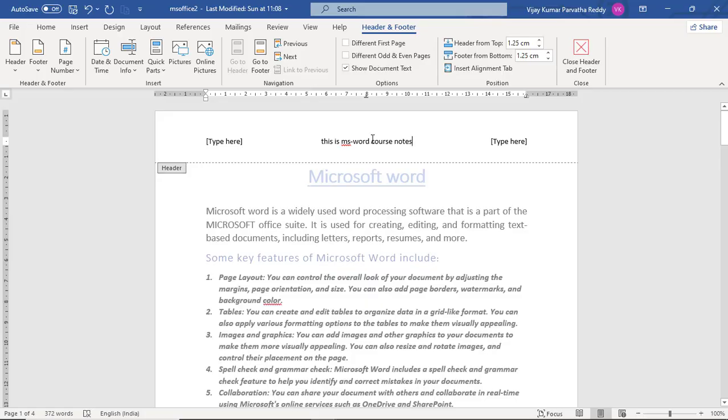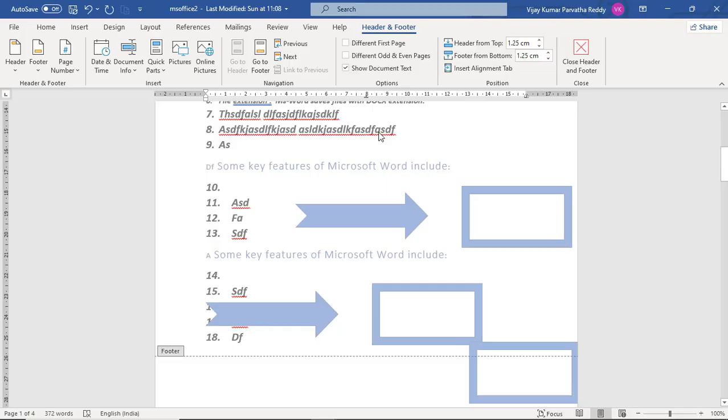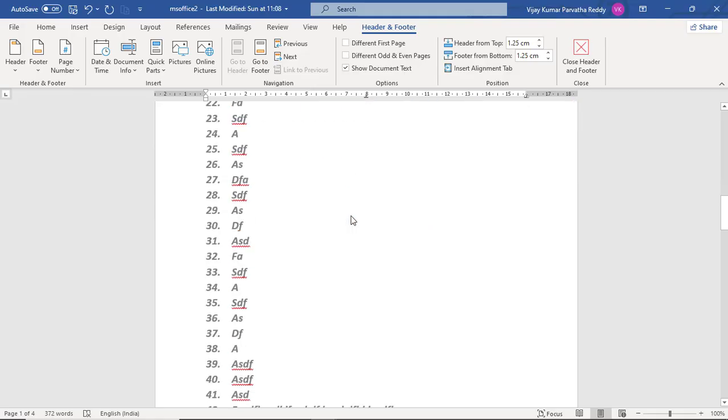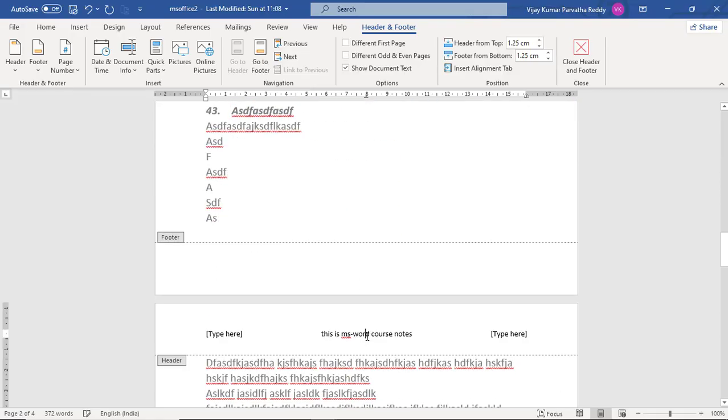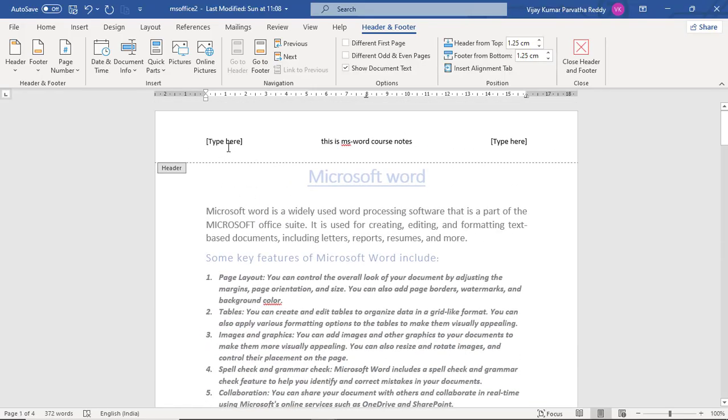Okay, that I want to print on each and every page. So, that will be in the header part of the document. See, this is also on the second page and third page. However many pages you have, it will repeat automatically.